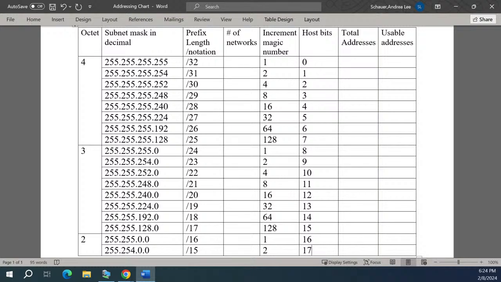Okay. And then 2 raised to the power of 3. What is it? 8. Okay. So I just want to make sure we know we're using this, right? 2 to the 4th, 16. 2 to the 5th, 32. 2 to the 6th, 64. 2 to the 7th, 128. Total addresses, right? So fill that out. And this is where we're just doubling, counting by binary, 1, 2, 4, 8, 16, 32, 64, 128, 256, 512,